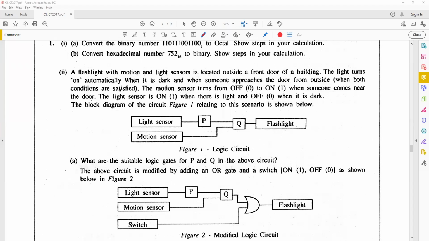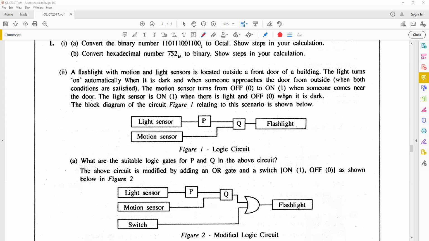That means when both conditions are satisfied, the motion sensor turns from off to on when someone comes near the door, right? The sensor is on when there's light and off when it's dark,